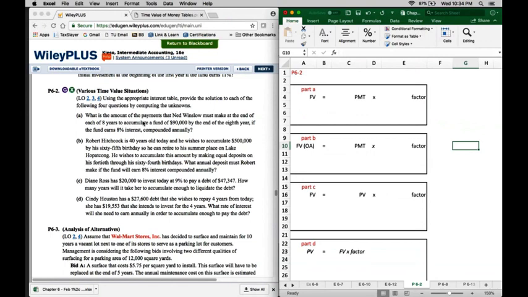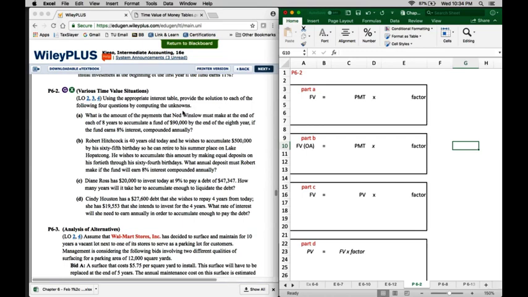Let's take a look at problem 6-2. In this, we have 4 independent cases given to us. There are different applications of the time value of money concept that you've been learning in chapter 6. They've asked us to use the appropriate interest tables and to provide the solution in each of these following situations